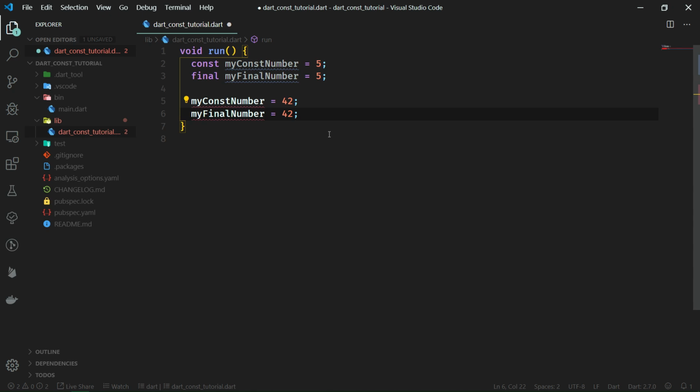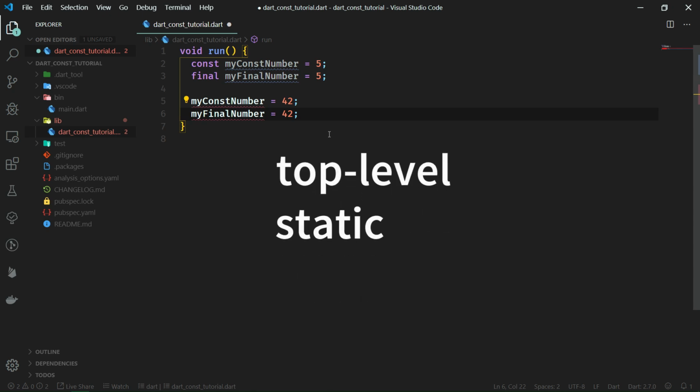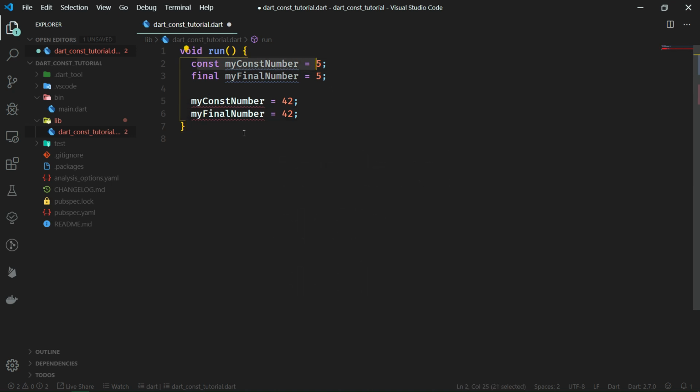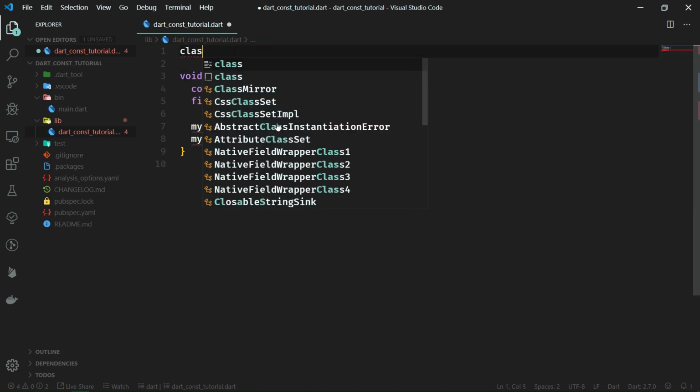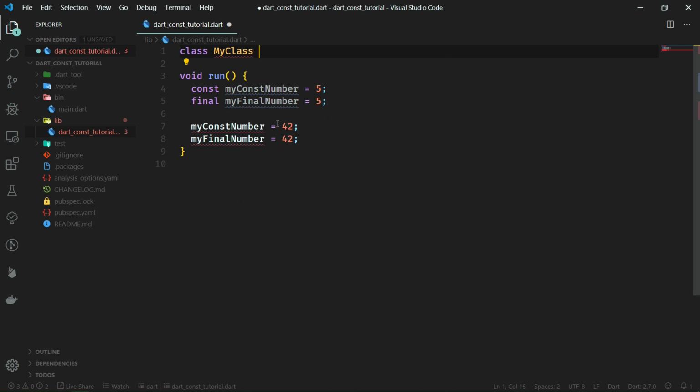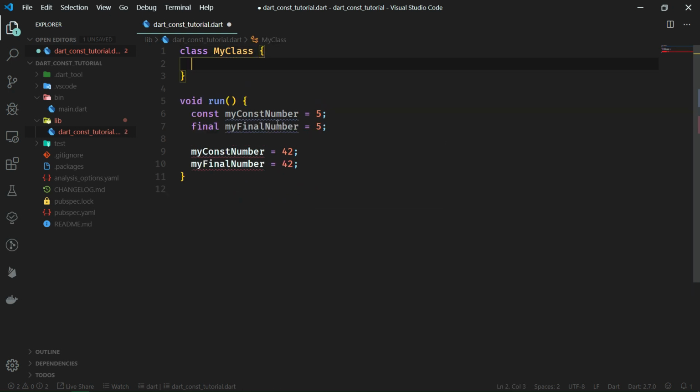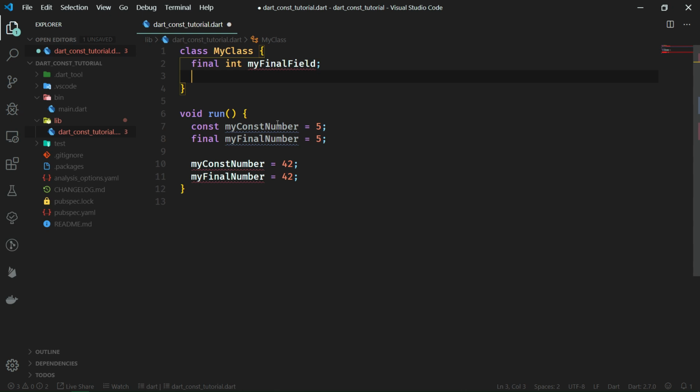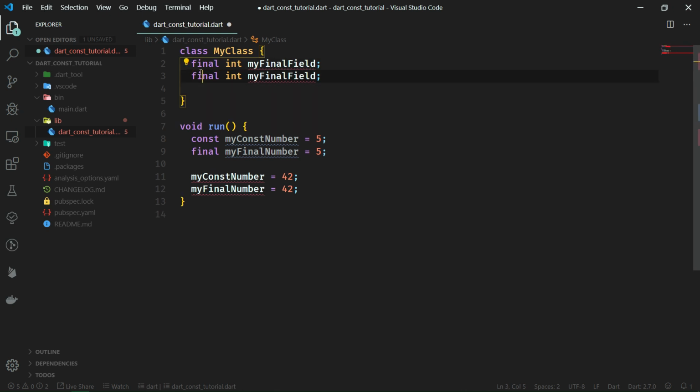And also, final is more suited for more occasions, while constants can only be used for top level, static, or local variables. So this is a local variable, right? But when we create a class, let's go above the run function. So class, my class, and over here we can create final integer, my final field, right? But when we try to create the same thing with constants, my constant field,